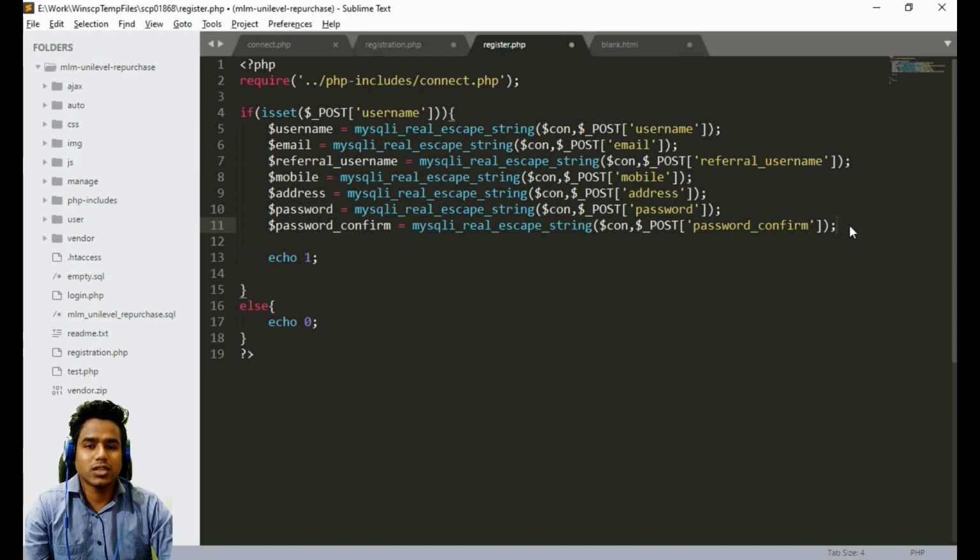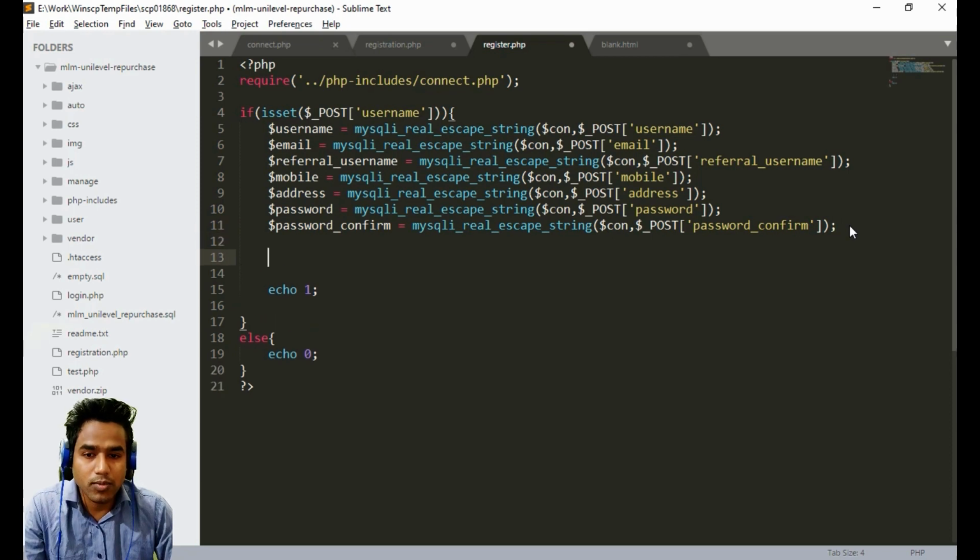Now we just need to insert this into our database. First we have to check whether this is a valid referral username or not.